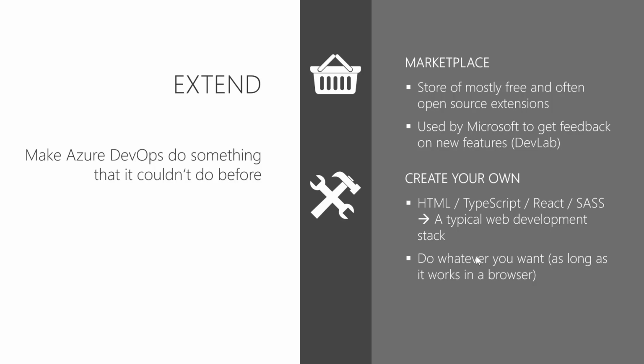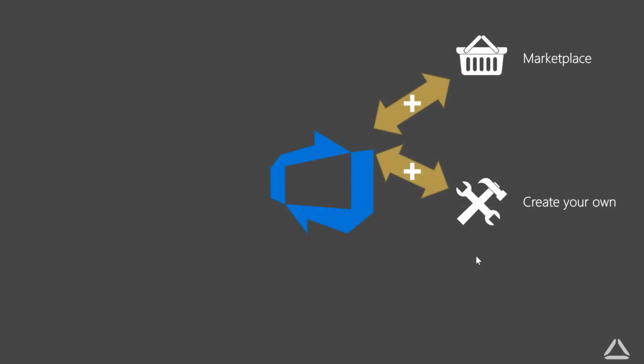That is, if you want to run a graphical extension, you can also do things like add additional tasks for your pipelines, or there are multiple ways to extend Azure DevOps. But for now, I will want to show you those that are available for the user and easily seen because they have a graphical front end. So basically what we're doing, we're adding new features. They can read, they can write, as everything is possible through either the marketplace or just your own extension. And that way we extend what is already there and bring in our own building blocks.